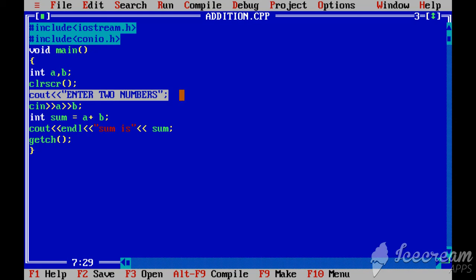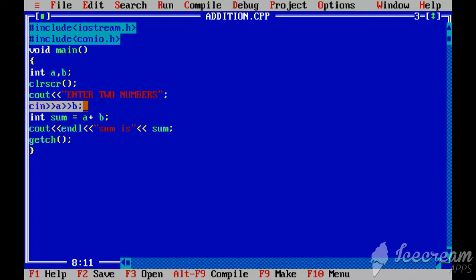It is used to produce output on the standard output device, which is usually the display screen. The data needed to be displayed on the screen is inserted in the standard output stream cout using the insertion operator. These are insertion operators.